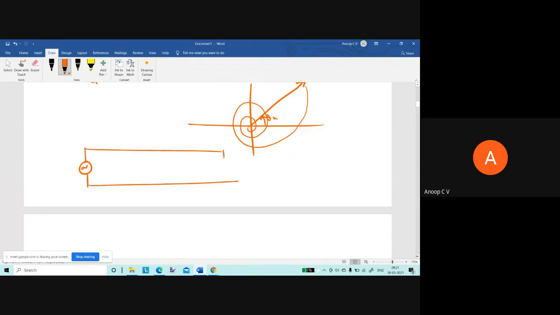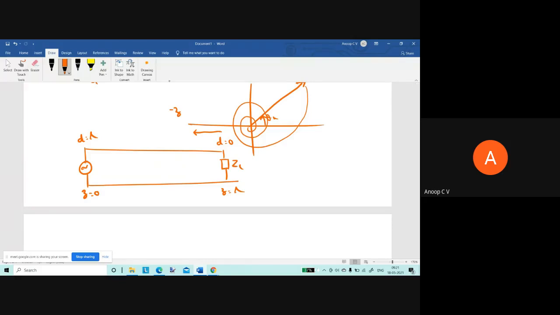Once again, I have the load ZL. So this end is d equal to 0 and the other end is d equal to L, or else this is z equal to 0 and this is z equal to L. So when I say d is increasing, it is equivalent to me traveling along the transmission line from load to source, from right to left, or towards the negative z direction.